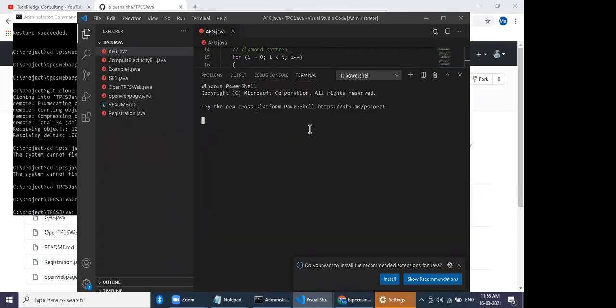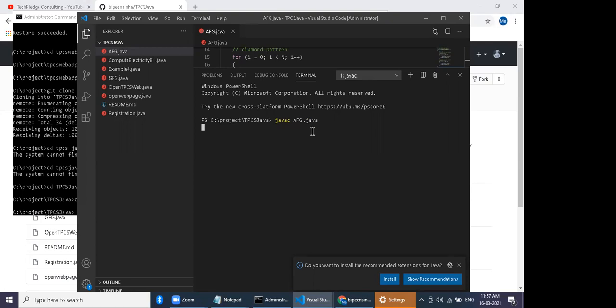Now you are learning a Java program. In .NET, everything started with the word dotnet, right? Now in Java, everything starts with the word java. There we had dotnet build; build means compile. Here we have javac. javac is a compiler. Space and type afg.java. All are in capital letters. Look at that first program, afg.java. Yeah, hit enter.